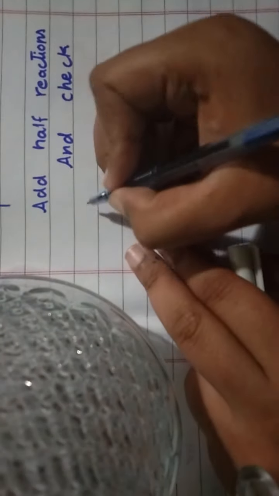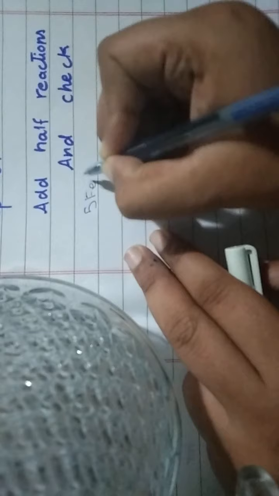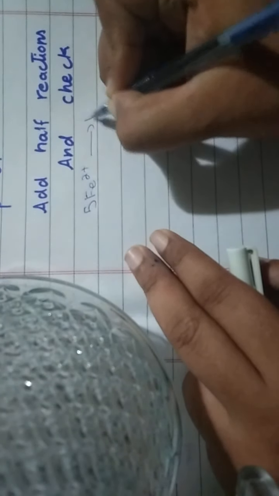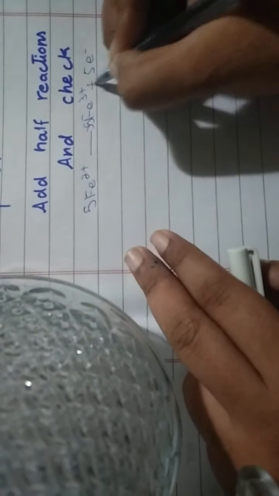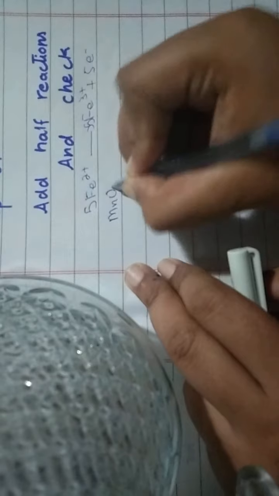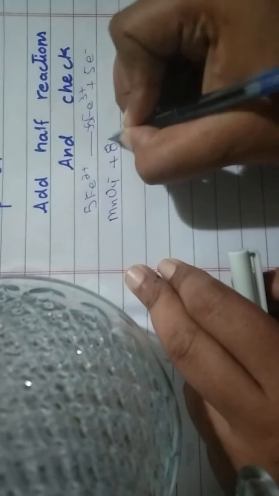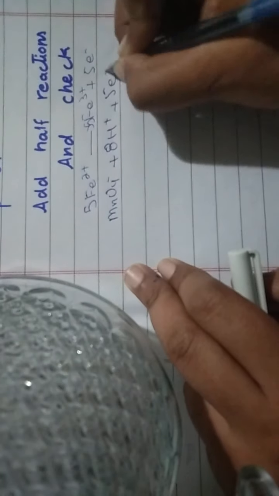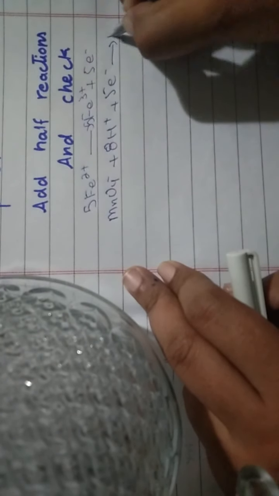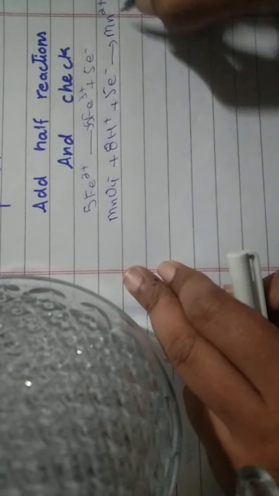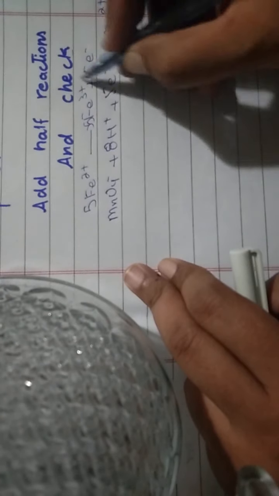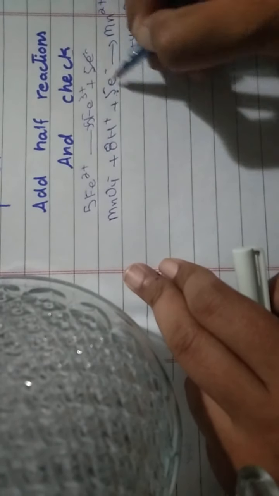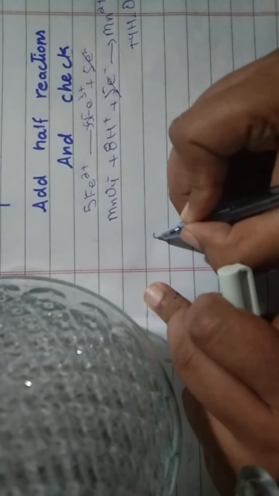So let's add the reactions. We have common species, only 5 electrons here and 5 electrons here. These two will cancel with each other, and then we will add both of the reactions, so it will become